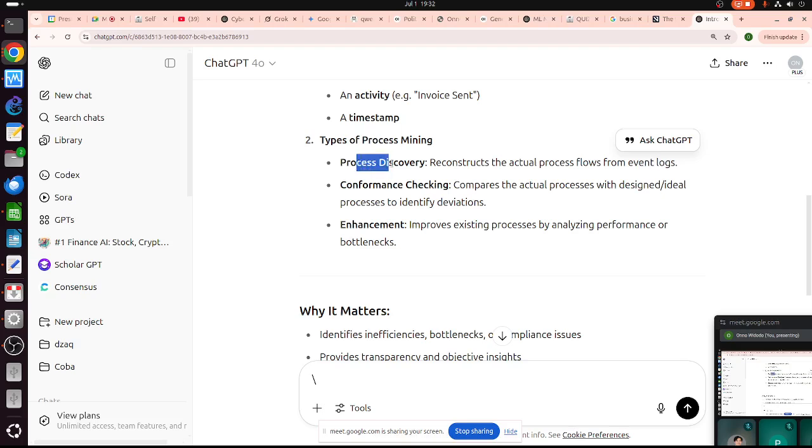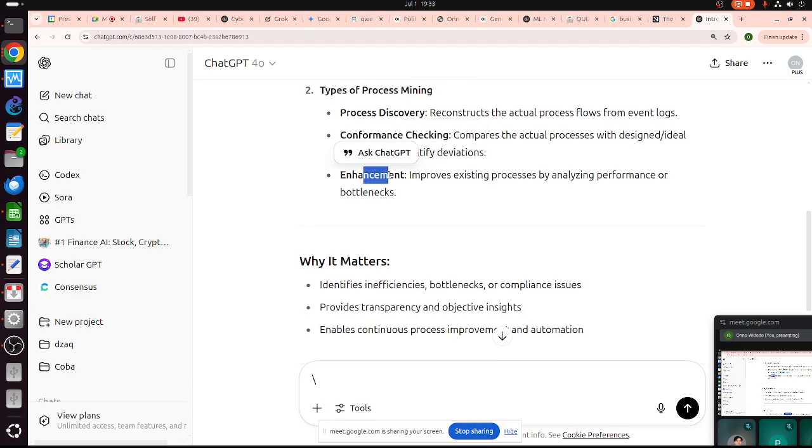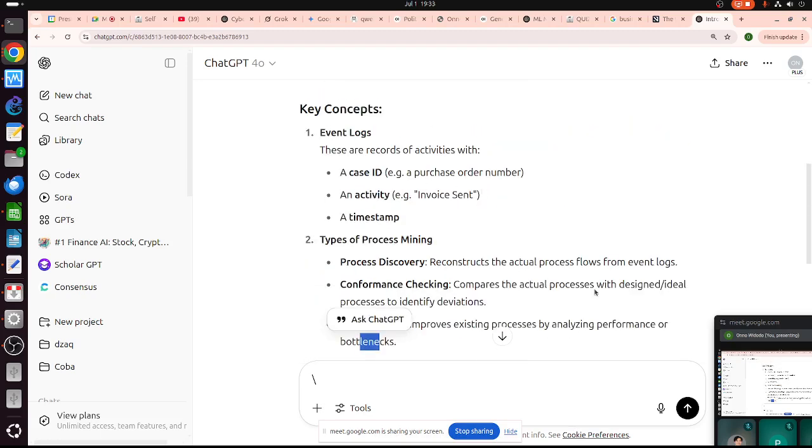So basically, we discover the business process. We can also check the conformance to identify any deviation when people bypass things, and we want to improve the existing process by analyzing performance and bottlenecks. This is very important,